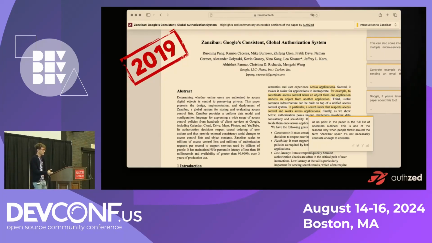But what ended up happening is they designed an authorization system that was flexible enough to support that circle functionality in Google+, and ended up adopting it across the entire business. So there is an internal Zanzibar service now at Google, and Gmail uses it, Google Drive uses it, and the idea is